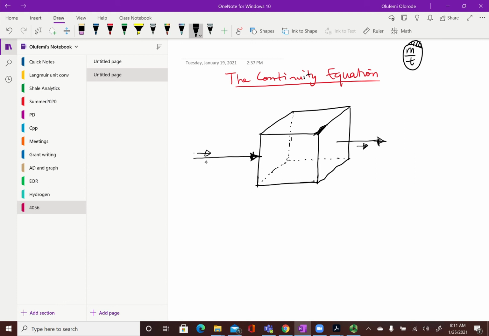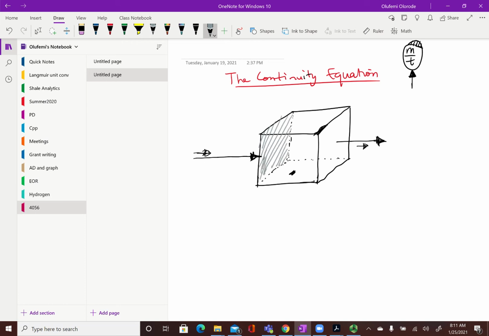And we said the governing equation is that the mass rate into the cell minus the mass rate out of the cell is equal to the rate of mass accumulation within or inside the cell, right? And so the unit of every term in the equation we derive will be mass per time, which is mass rate. So, starting with the left face, where fluid is going in,